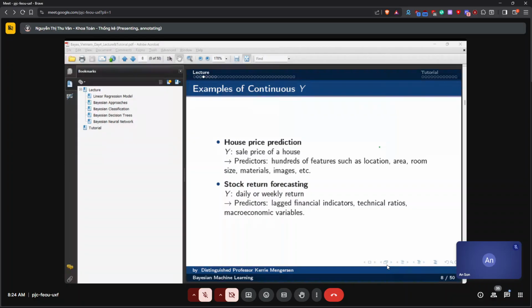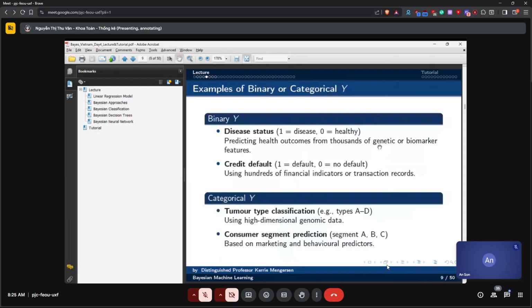Or we might have stock return forecasting. So we have the daily or weekly return, and our predictors here are lagged financial indicators, technical ratios, macroeconomic variables, and so on. Now examples of a binary or categorical response variable.